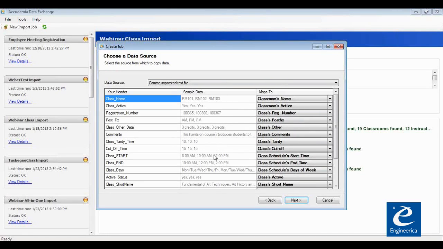Like I said, you can go with the minimal approach, which would have been the first option, where you're just giving the basics that the system wants. And if we go through these, you have a classroom name, the classroom, whether it's active or not, meaning it's a current classroom you're using. Registration number for the class,